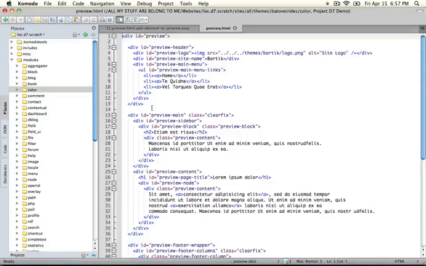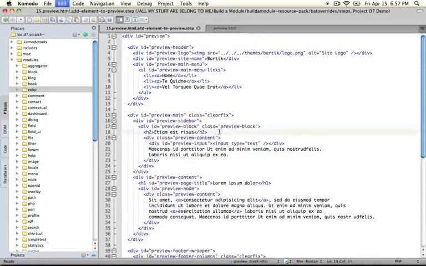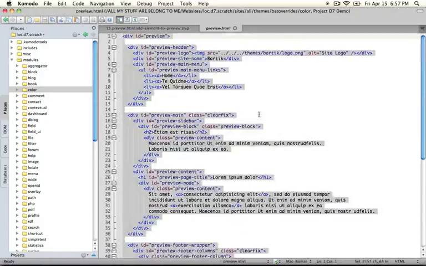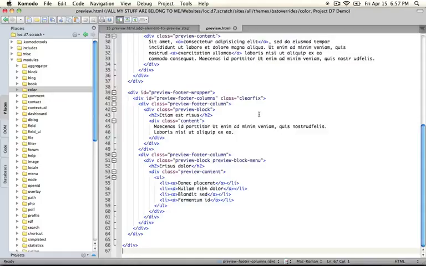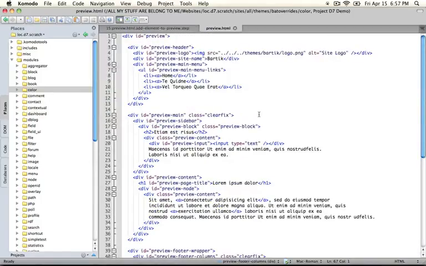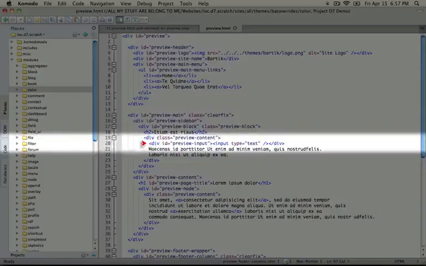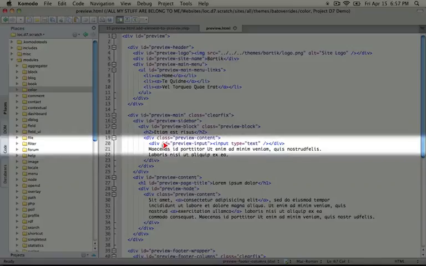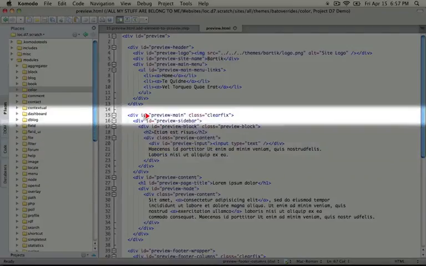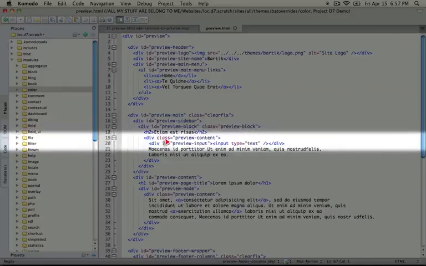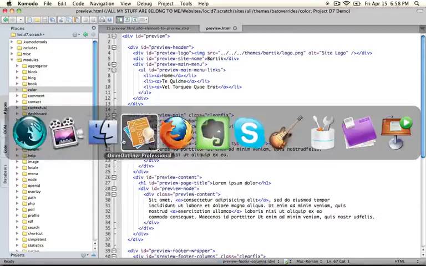inside your color folder. Go ahead and copy all of the code that's in the step file and paste it into your preview.html file, overwriting everything that's there, and save it. Now the only thing that we've added here is this line right here. We created a div and wrapped it around an input and gave it the type of text because these are text inputs that we're modifying. We gave a unique ID for this div, preview input. Now if you look at the IDs for other elements, you'll see they're all prefixed with preview dash, so we're following that convention here. Let's go ahead and make sure this is saved and jump back to the theme settings